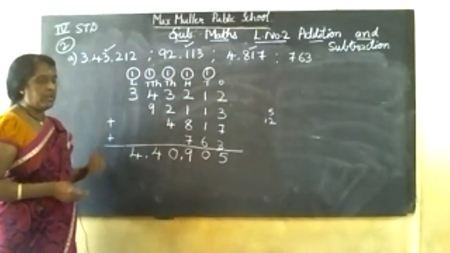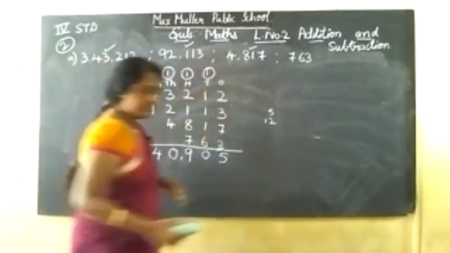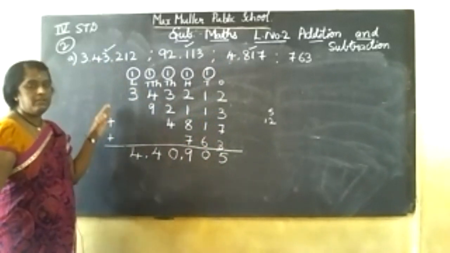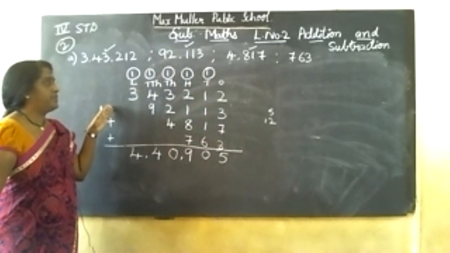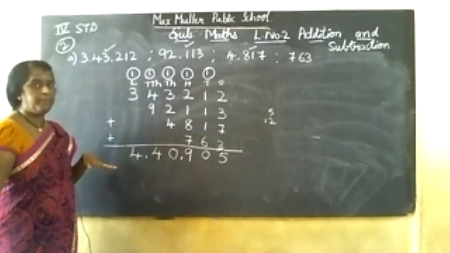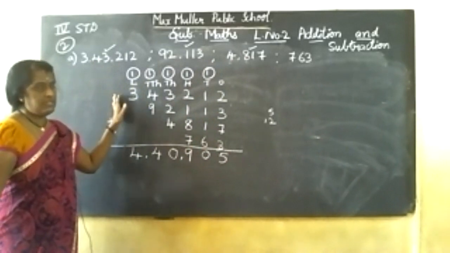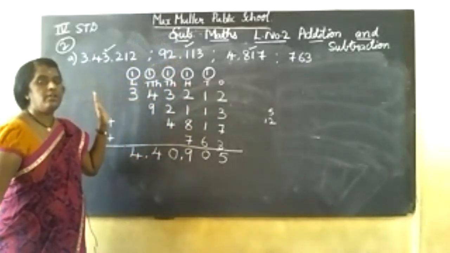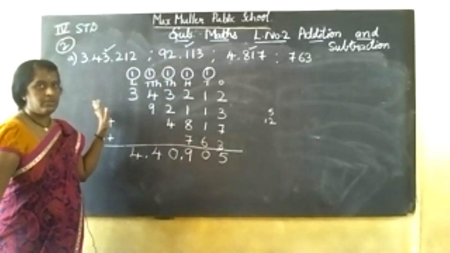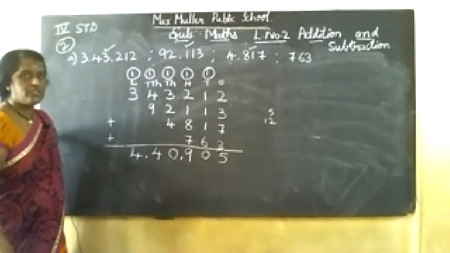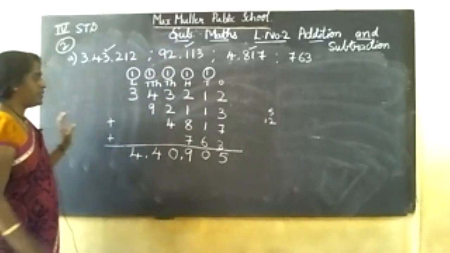Next sum, still one more I will do, children. Copy down this. This and all you can't do in the textbook. When there is a box for your answers, you can write directly in pencil in the textbook. When there is no place, see, they have given the question like this, so to do this there is no place. This you should practice in your rough book. Don't write in classwork, no homework also. This is your rough book. So practice how to write this sum step by step, because you are using a pen in 4th standard, no? So practice in your rough book, okay?